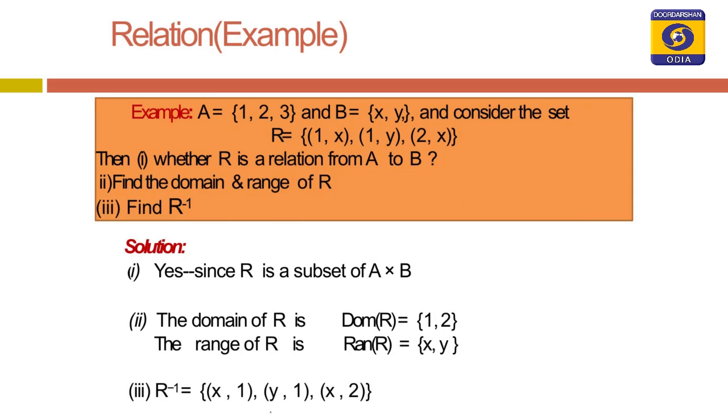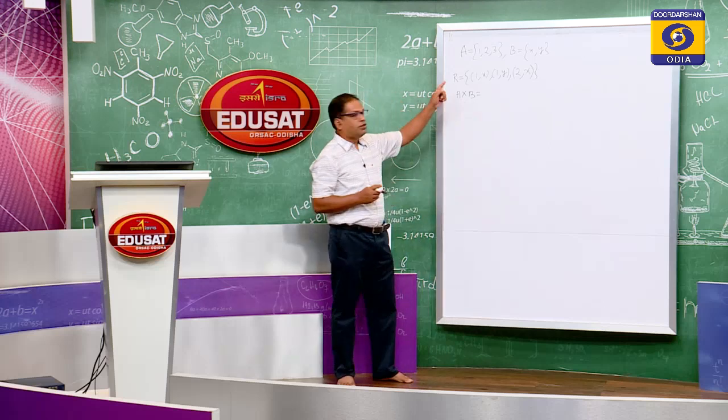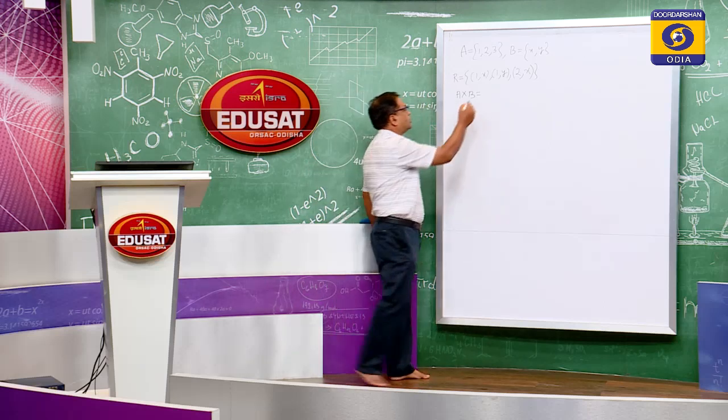Suppose the set A is equal to {1, 2, 3}, B is equal to {x, y}, then whether the set R = {(1, x), (1, y), (2, x)} is a relation. If it is a relation, then find its domain and range, and find R inverse. So, relation means it should be subset of A cross B. So, A is {1, 2, 3}, B is {x, y} and R is equal to {(1, x), (1, y), (2, x)}. So, it must be subset of A cross B. What is A cross B? A is {1, 2, 3}, B is {x, y}. So, A cross B is